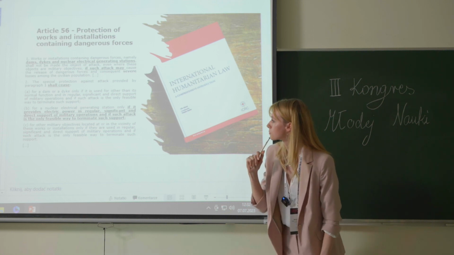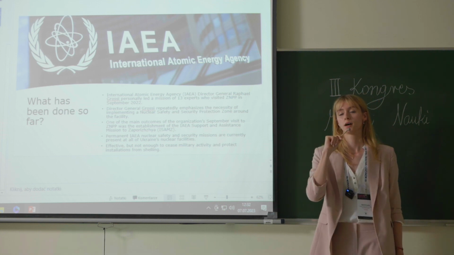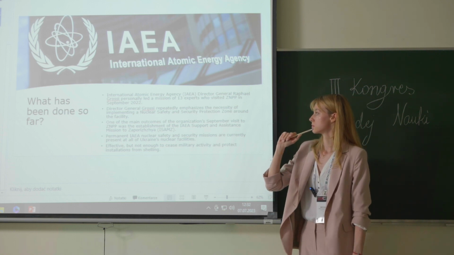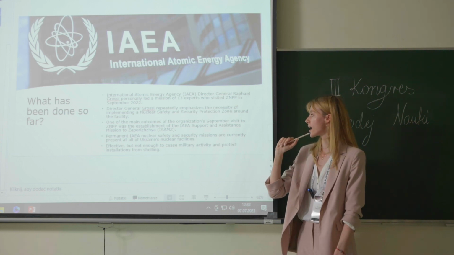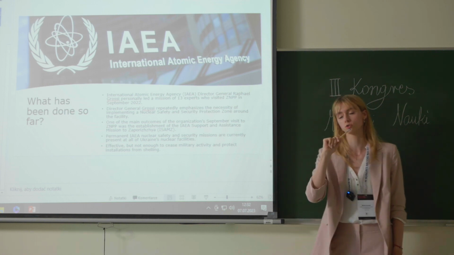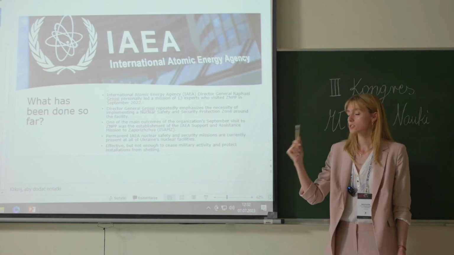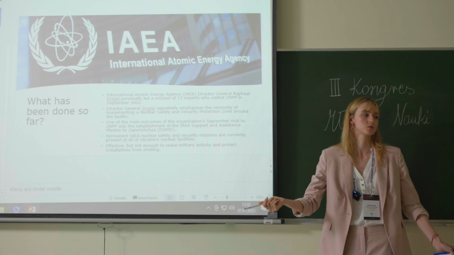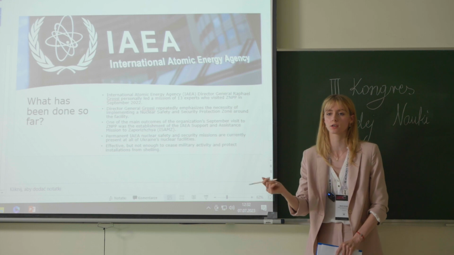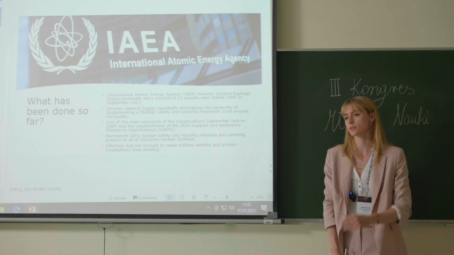Next slide, please. So what has been done so far in Zaporozhye? I would say the only thing that could be done. The main outcome is that we have the special support and assistance mission to Zaporizhia and to other plants in Ukraine. So basically, this is it. We have the monitoring mission at the Zaporizhia nuclear power plant. We have the international organization saying, you know, guys, everything's under control. This is a good thing because it's better than nothing, obviously.